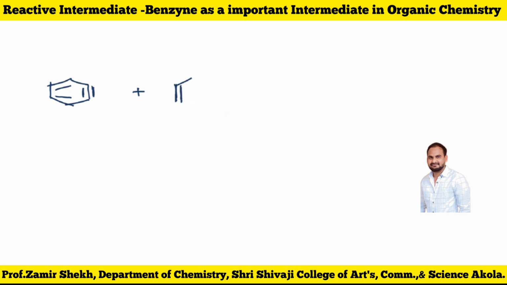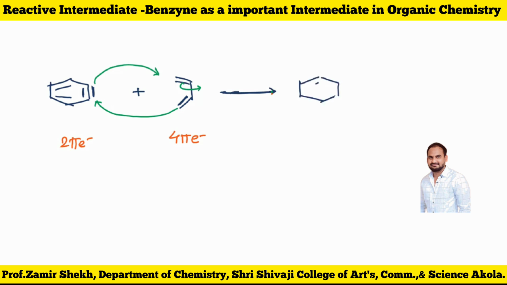So here I am going to use the diene and the dienophile. Now the well-known application of benzyne, which acts as a 2 pi electron molecule, is that it is attacked by a 4 pi molecule. So it is a 4 plus 2 pi cycloaddition reaction. That means the reaction forms a cyclic product. So this bond will react here, and this will be here, and this will be here. So this 4 plus 2 cycloaddition takes place, and this is a well-known reaction called the Diels-Alder reaction.